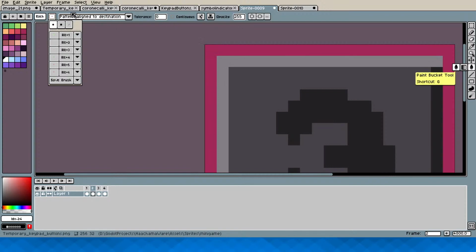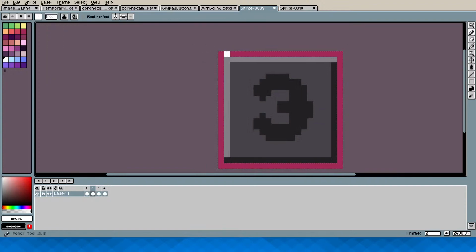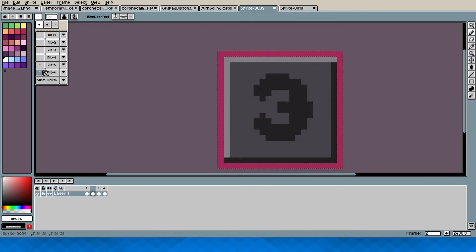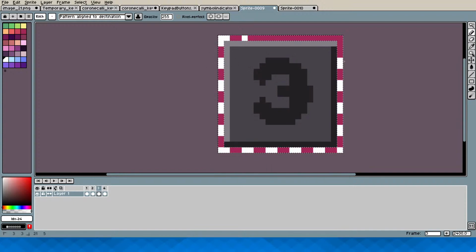Right, I'm probably not going to use the fill tool then. I'm just going to do it like this, and brush. Like this. There we go, that works. Finally. Now I can do the same thing again, but one to the right.